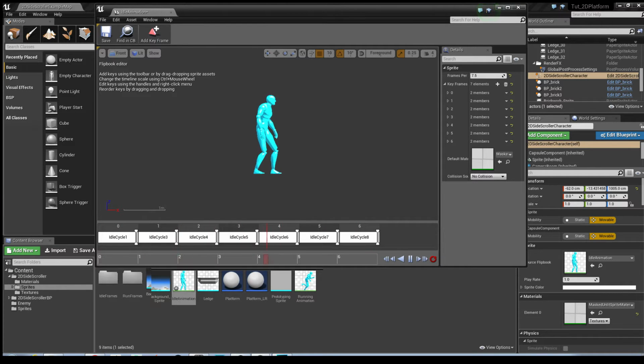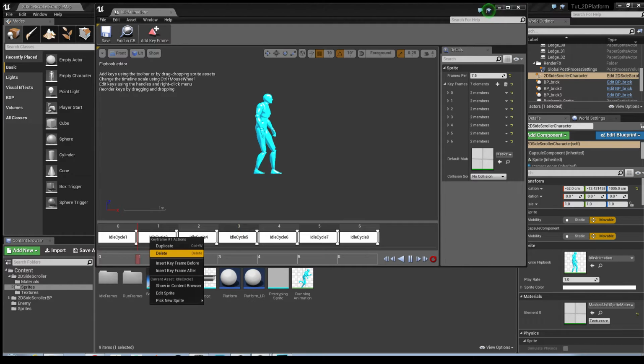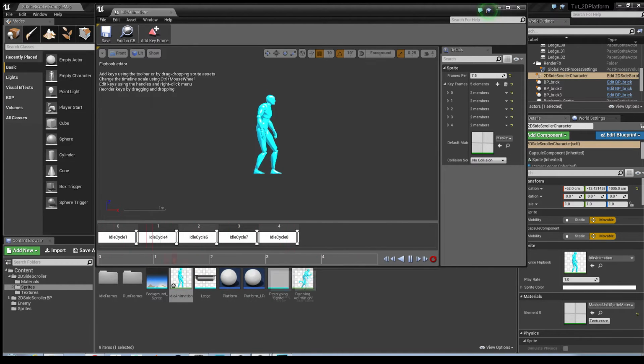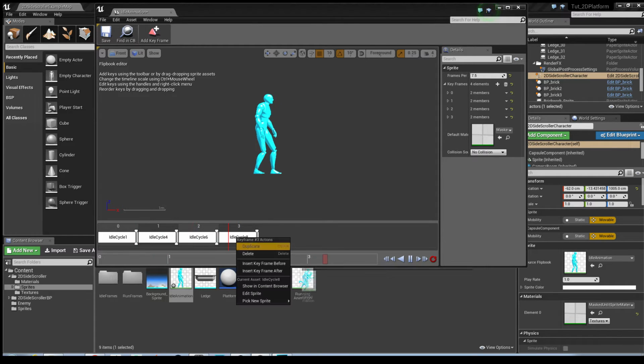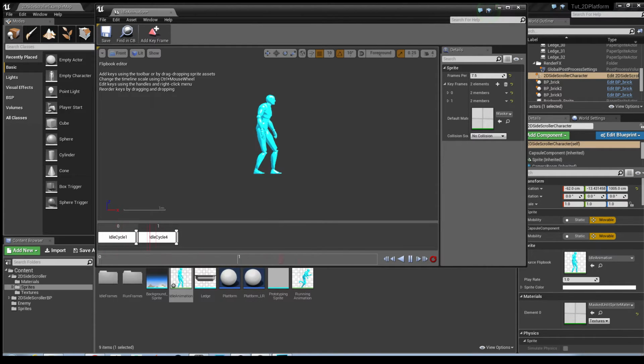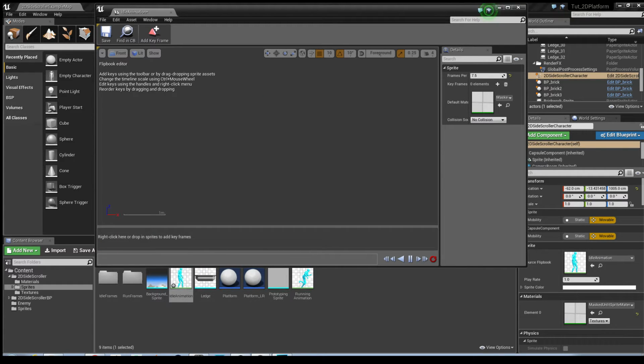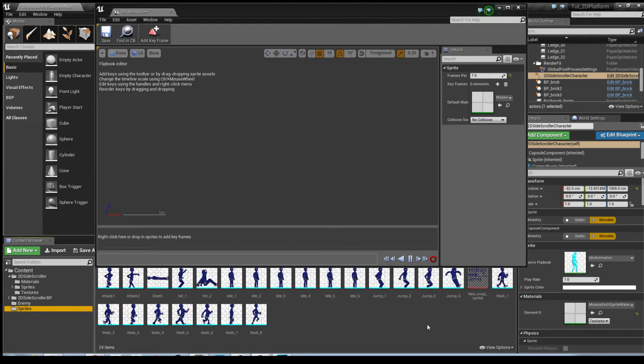and all you do is just delete them all out. Fortunately, it's a bit painstaking, but you get there in the end. So you've got your empty flipbook and its idle animation. Rather than just creating a new flipbook, we can just drop this one straight in because it's already been used by the character. So literally choose your idle frames,